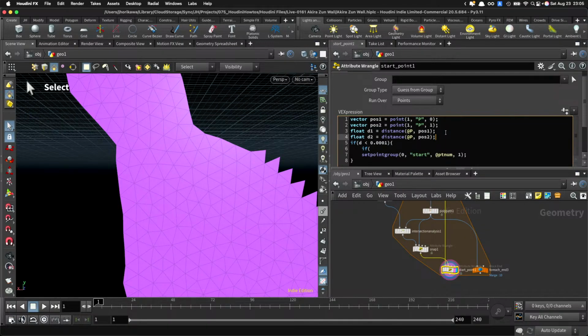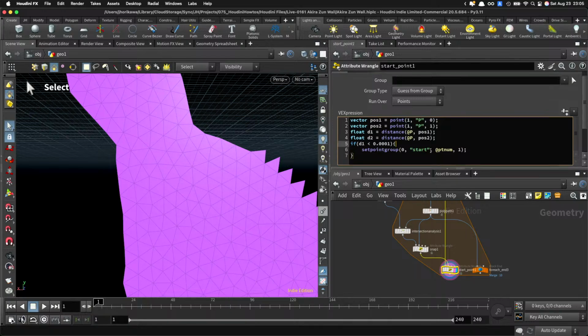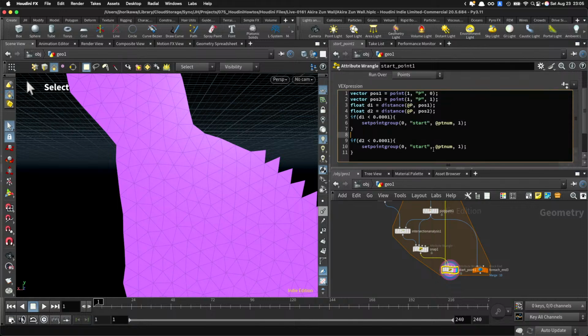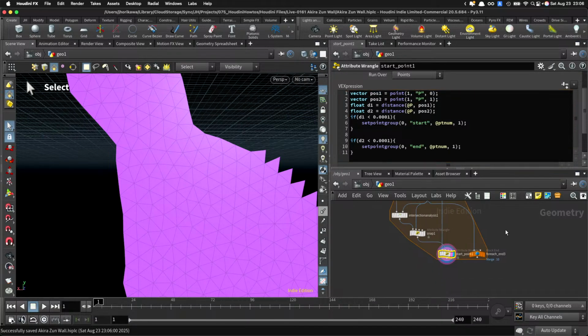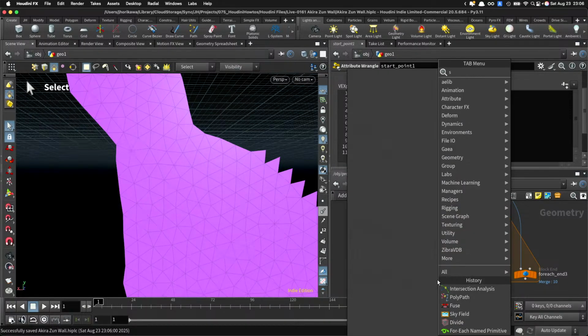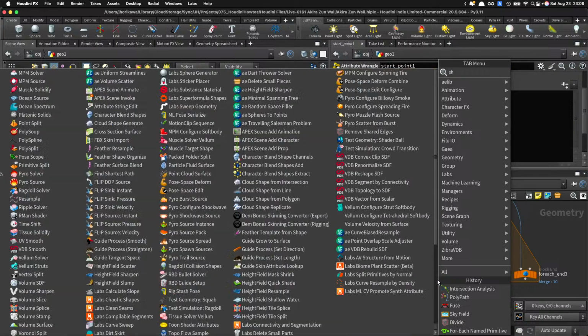Okay, and if it's close to the first distance, you can set it to start. If it's close to the second distance, a second point, then you could set it as end. Okay, now that I have set the group for start and the end,